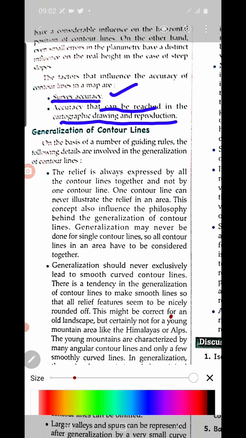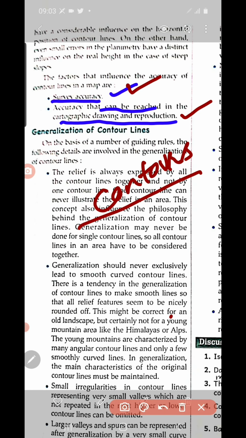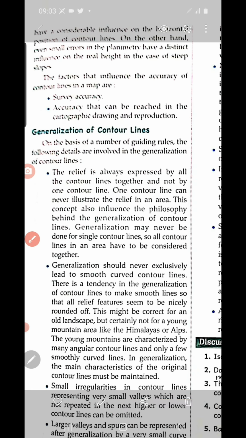Reproduction means one map is made, then a number of copies are taken of the same map, or another map is drawn looking at the same map. So at the time of drawing and reproduction, the accuracy is to be maintained. If there is accuracy at these two levels, we can also maintain accuracy in the contour lines. If the contour line accuracy is maintained, map reading can also be done accurately. So children, then we next discuss the